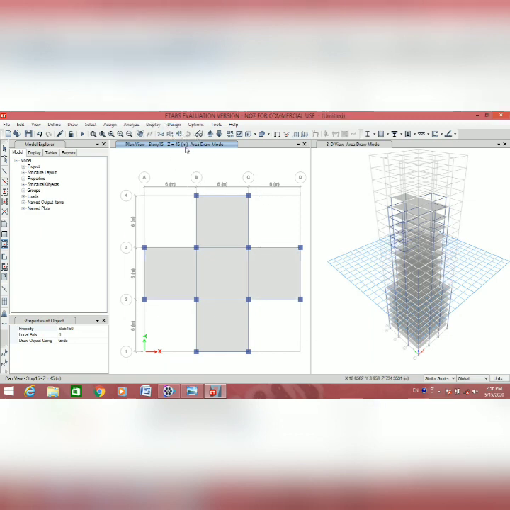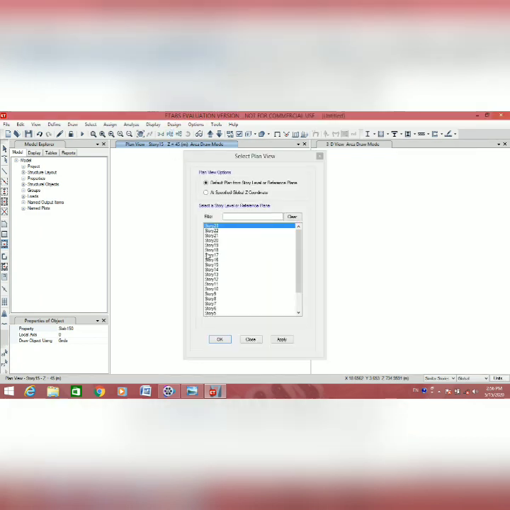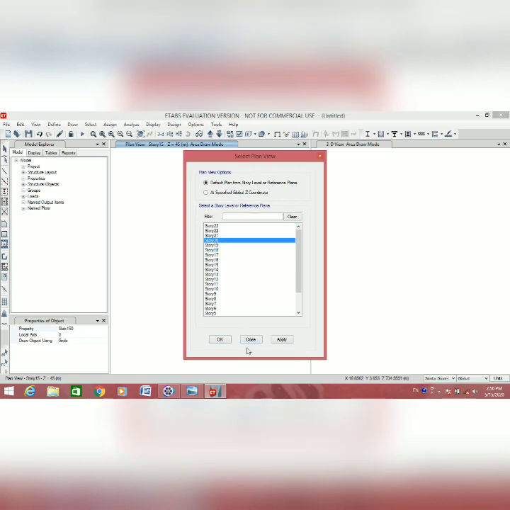Go to the plan option, select story 20, click OK.